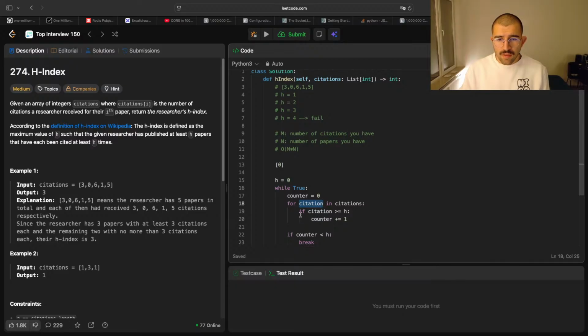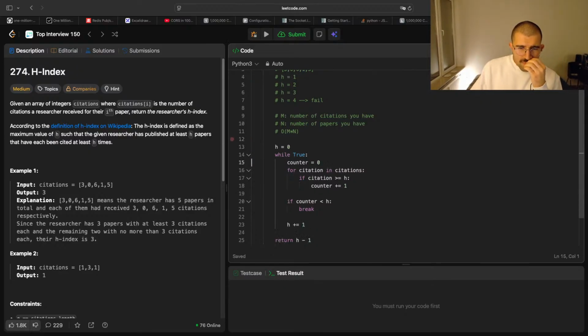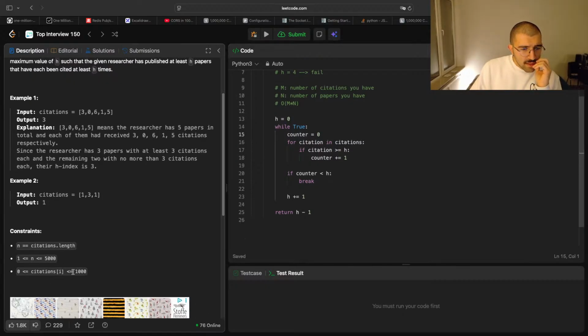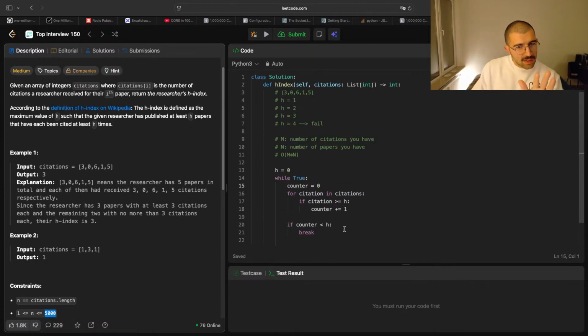Is it, yeah, but at least 0 papers. Yeah, I think it's always okay-ish, but I don't know. I think it's okay. The length and these things are also not so big, so I think it could be